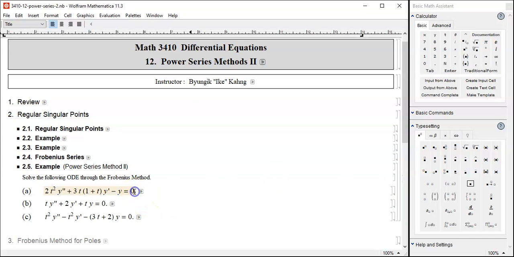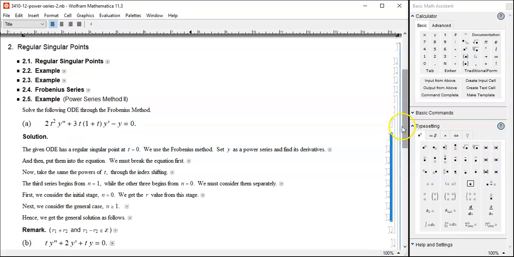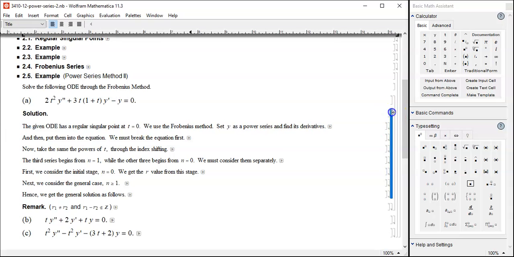Yeah, we went through this one. And in this case, we had two different R values. We had 1/2 and -1, didn't we? 1/2 and -1. So when R is 1/2, you're gonna get one Frobenius series. And when R is -1, we get another Frobenius series. So we have y1 and y2. We have two linearly independent solutions, so we get the linear combination of those, ay1 plus by2, and we have